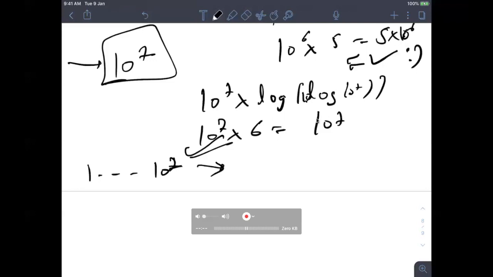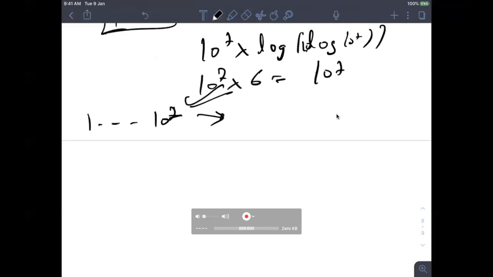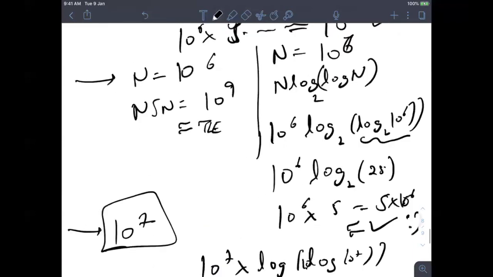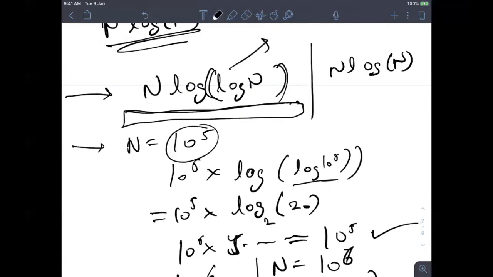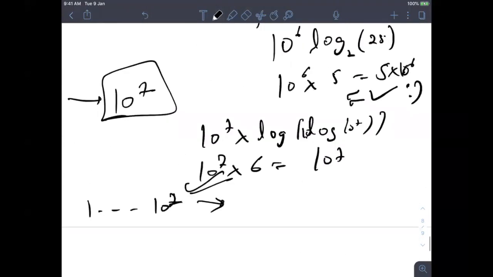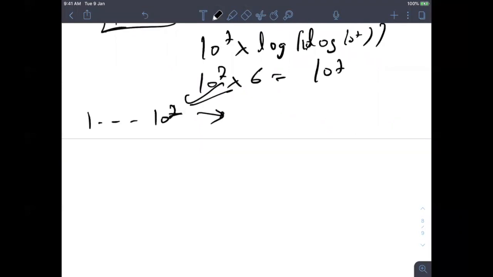Yes, sir. Sir, is there any faster algorithm than sieve to find prime numbers? Here I have not used it. There might be, I guess; Miller-Rabin is one algorithm. I'll cover it in a future session because it's been 3 years since I left coding. Right now we are doing it step by step. First we solved it in n, then in n root n, then we were able to solve it in n log log n. But this is the most common thing that you will use to find primes.